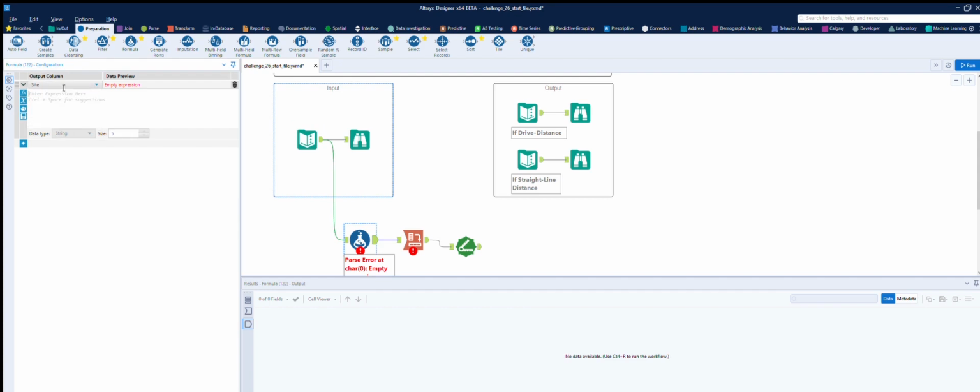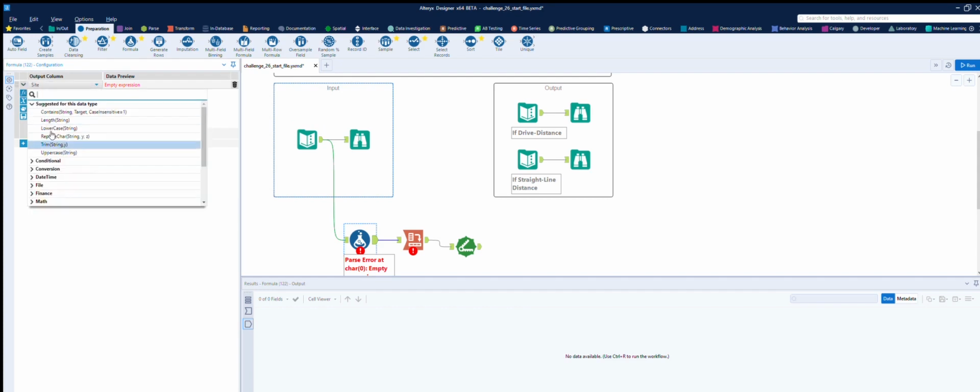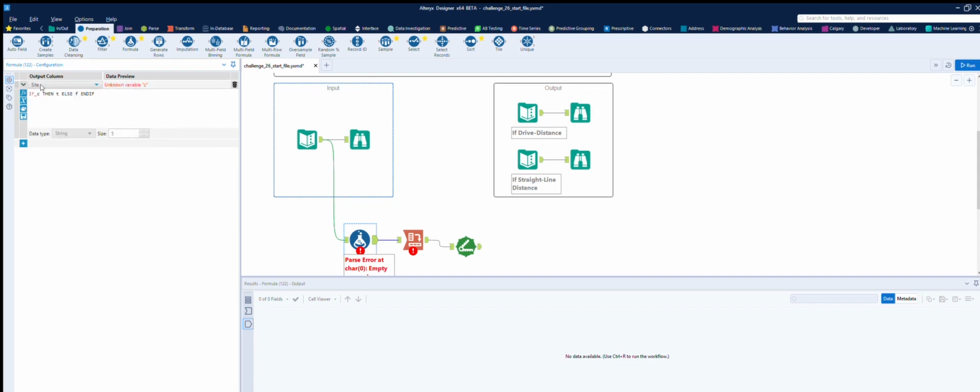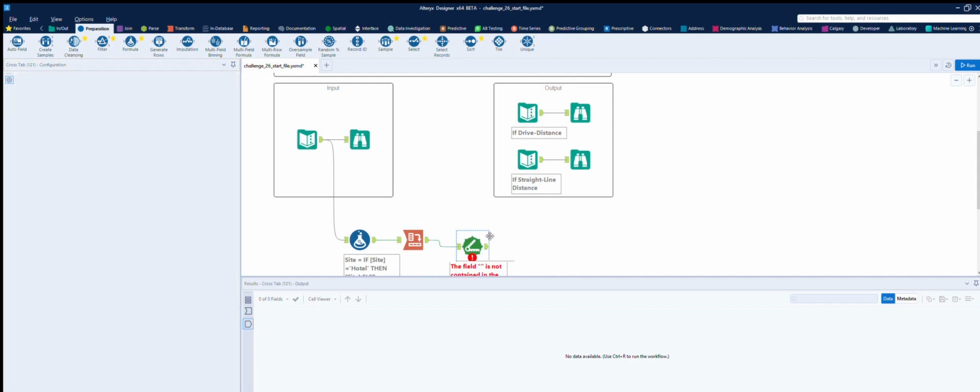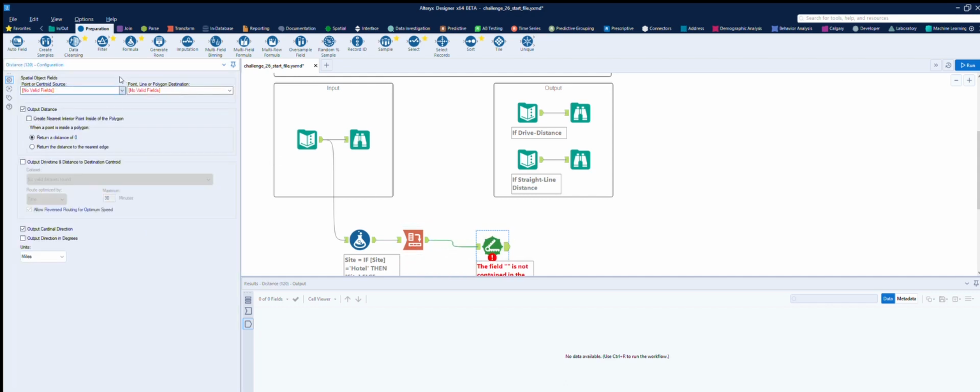And what we want to change it from, so we call it an if statement, so control conditional if, so if site equals hotel, case sensitive probably, then we can keep it as a site because it's just going to be hotel. Else we're going to call it site. Okay. Then what we're going to do here is group that, and then we'll take the first initially, and then in here,